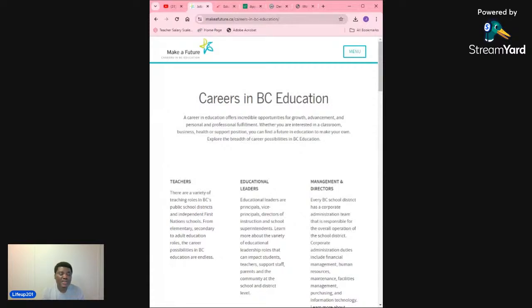The schools can help you. The best program that can help you get there is the PNP. Most of the provinces have the provincial nomination program that can help you enter Canada easily, or you have to apply for a work permit, and that will require you getting the LMIA. So all these are things you need to know. But the first step is you getting the job.